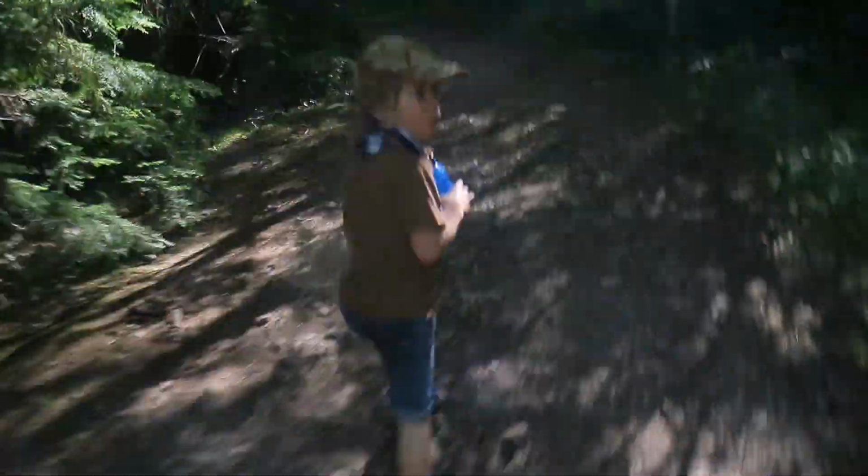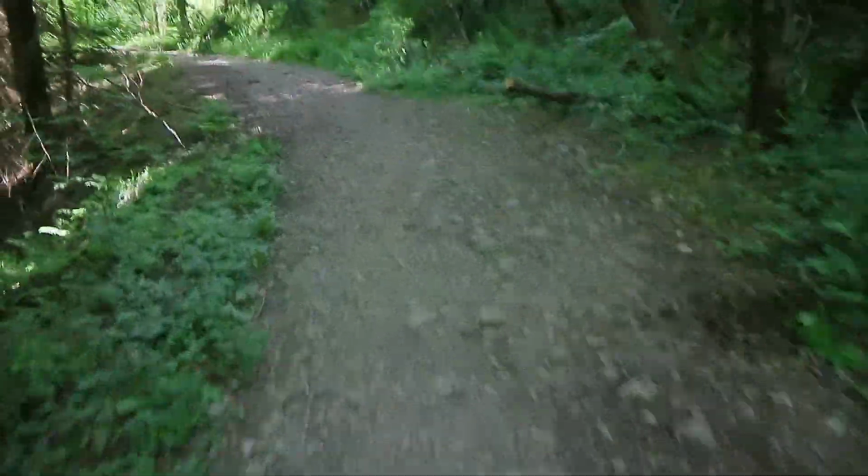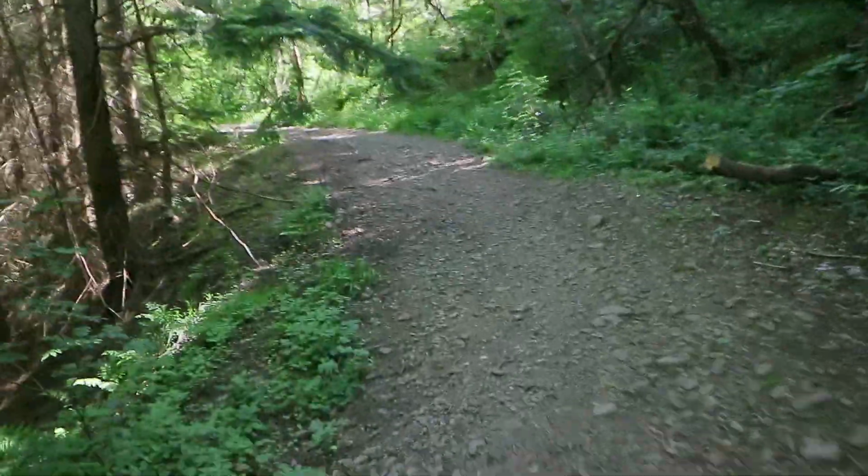So from the cave we're heading up the actual path, because at the top of here there's another one of them warning signs, and that leads you to the top of the waterfall. So we're going to give it a go and see if we can get to the top of the waterfall, where it should be quite a spectacular view. It is rather a steep hill up, as you can tell from me being so unfit, but I'll plunder on